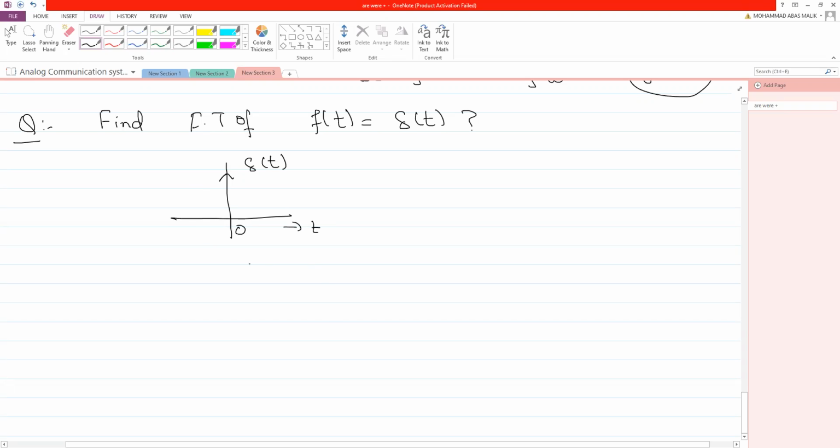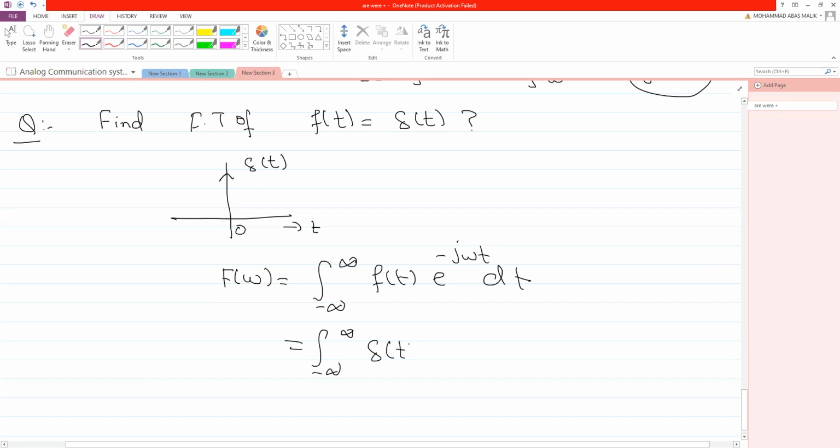And by definition, because area under this curve is not infinity, you can use the mathematical definition, and that is F of omega is equal to integral from minus infinity to infinity of f of t e raised to the power minus j omega t dt. And this is equal to the integral from minus infinity to infinity, where you replace f of t by delta of t, because here f of t is delta of t, e to the minus j omega t dt. And now